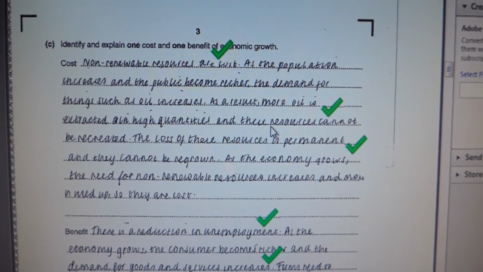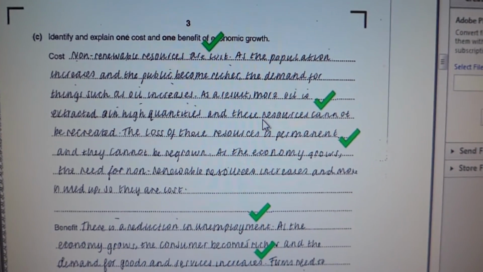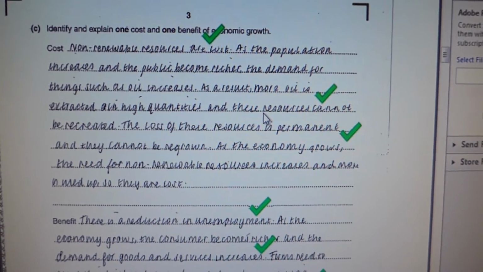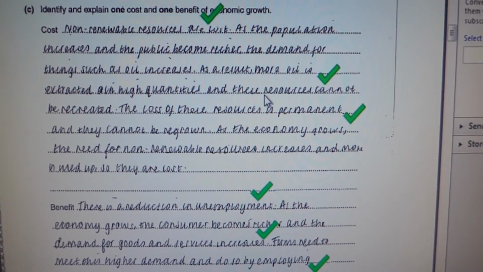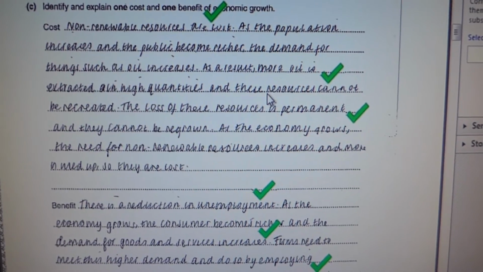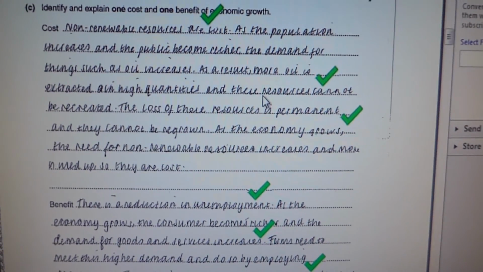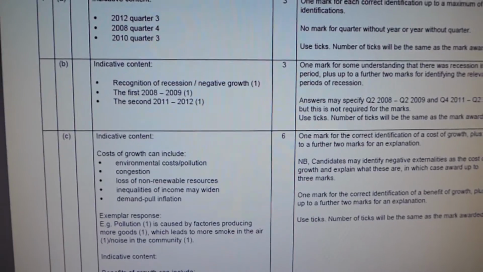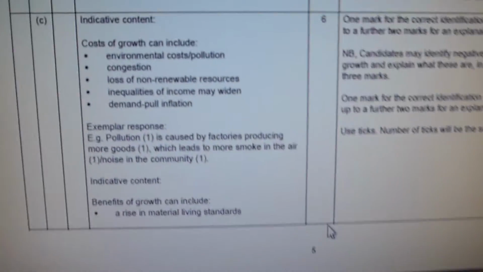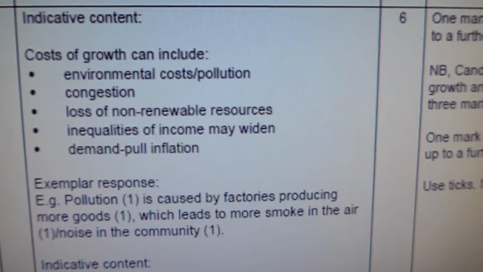Identify and explain one cost and one benefit of economic growth. Now, you really ought to know these off pat, these costs and benefits of economic growth. If I just bring up the mark scheme here to show you the types of things that they were looking for. So these were the costs: